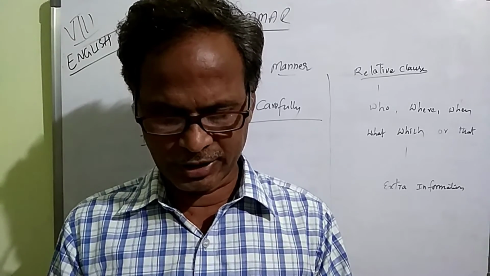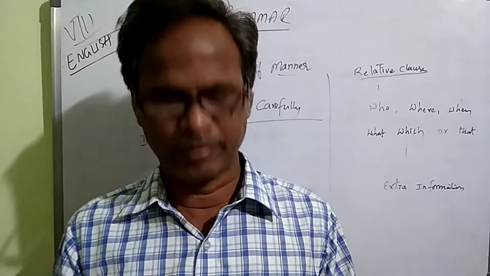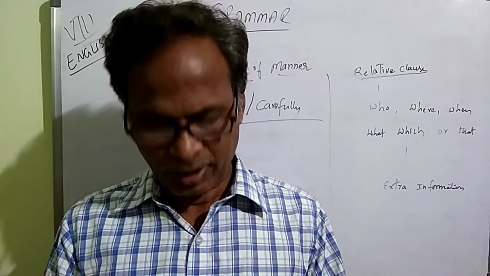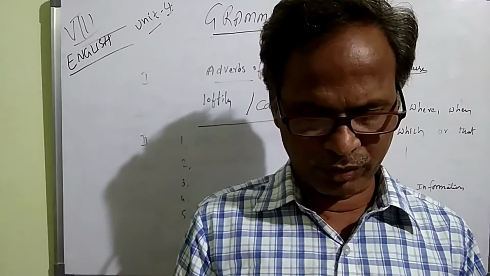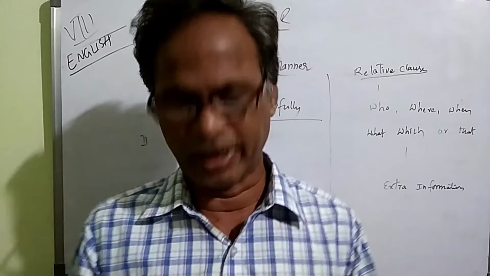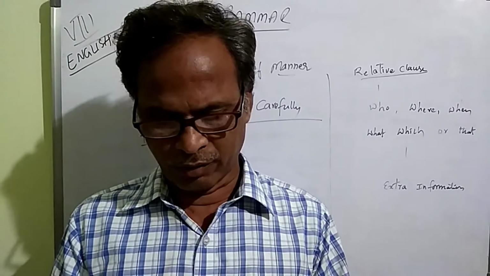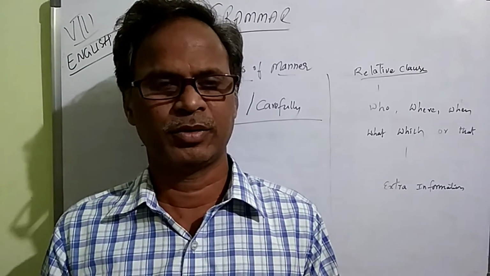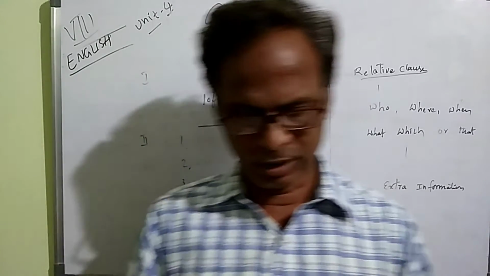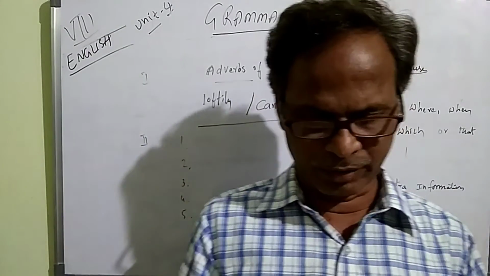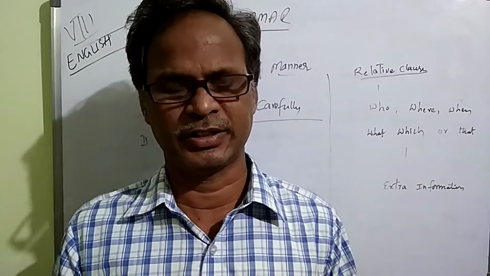Here the ABC sentences are also discussed. You can see and read them. A, B and C sentences are given. Later, in the third bit, some exercise is also given to you. Combine the sentences using where, who, which, and that. If it is possible, you can try to write that. Sentences 1 to 5 are given to you, using who, where, which, and that. Are you ready? You can change that and write it.